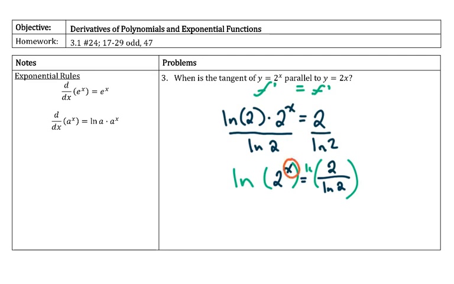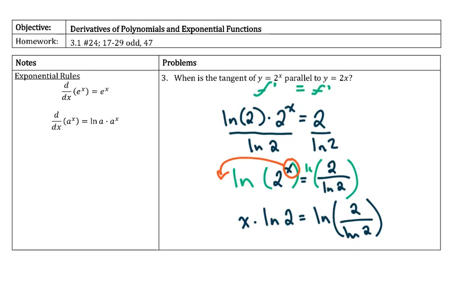And when I do that, the exponent gets to jump in front. So I have x times ln of 2 on this side is equal to the natural log of 2 over ln of 2. When I divide both sides by the ln of 2 here,